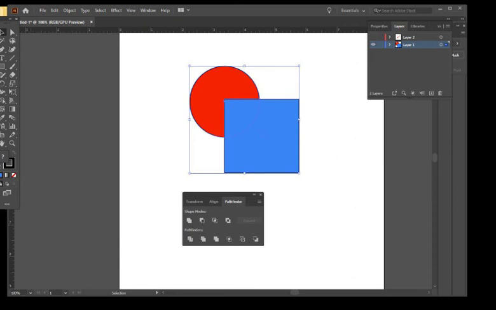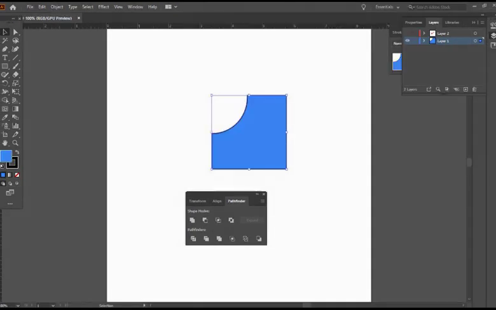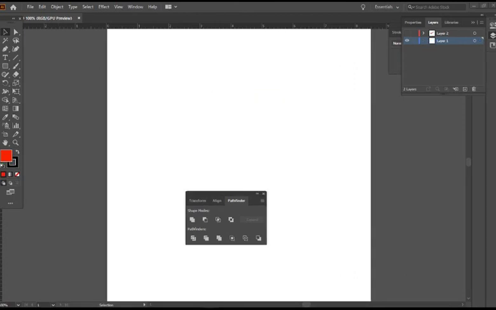Minus Back. With both shapes highlighted, click this icon. Instead of subtracting the shape in front from the one behind, this function does just the opposite. It subtracts the area of the overlapping shape in the back from the one in the front, resulting in a complete path. Undo the last operation, Minus Back, and with both shapes still highlighted, click your delete key and we'll be ready to begin the instruction in the next video